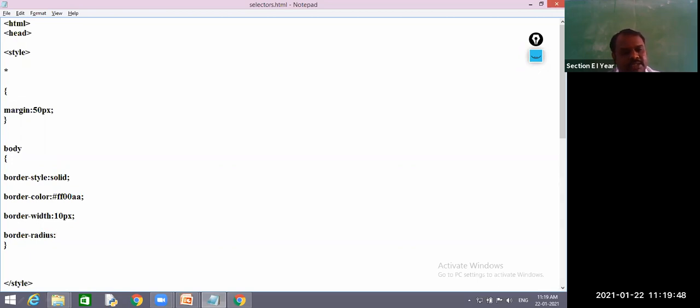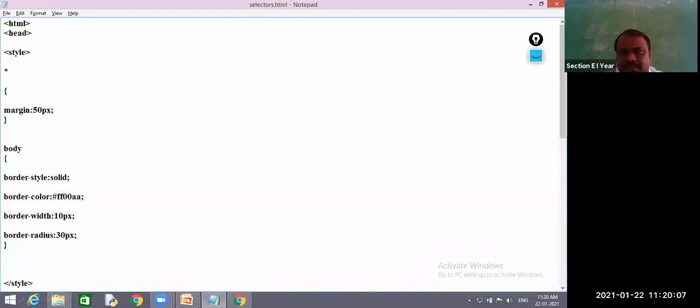Border radius. So for this border radius, the way you have assigned margin values, that same way will continue. So 30 pixel. I will show you how it will apply.